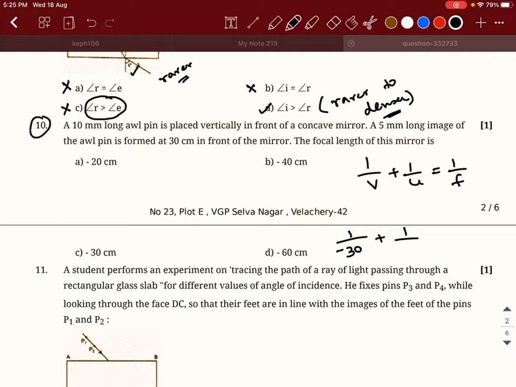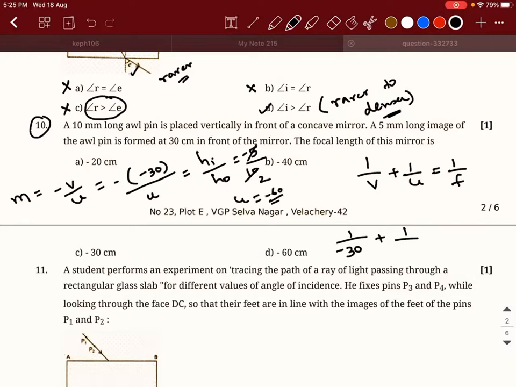It's very simple. We need to use the formula of magnification. So magnification of a mirror is minus V by U. Correct? So minus of V is minus 30 divided by U, which is how much, guys? That's what we need to find. But this is also equal to the height of the image over the height of the object. The height of the image is minus 5 and the height of the object is plus 10. So this will become 2 times. So when you take 2 to the other side, U will be equal to minus 60. So minus 60 centimeter is U.